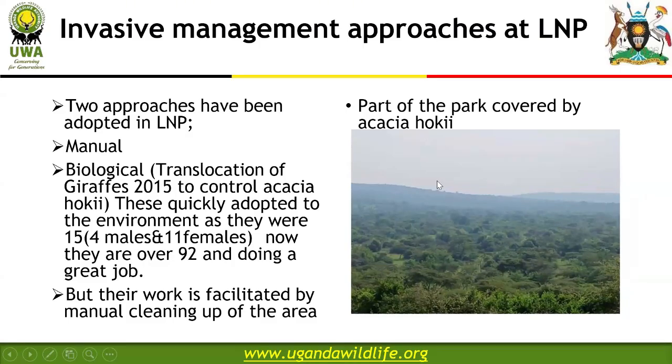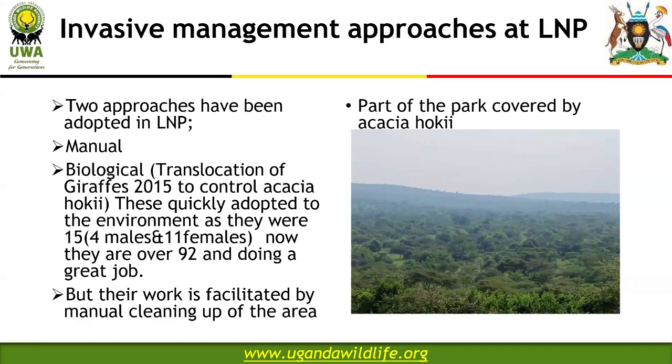So these are areas called the Kajuma where they haven't done a lot of work. They haven't reached this area. They started by concentrating in the tourism zone, but they are speeding up and coming to this area. And they used different approaches. One is manual. You will see the details down, but manually they cut, uproot, and burn. And then they also,